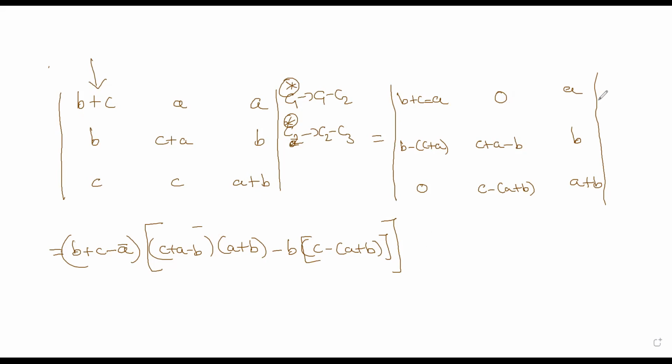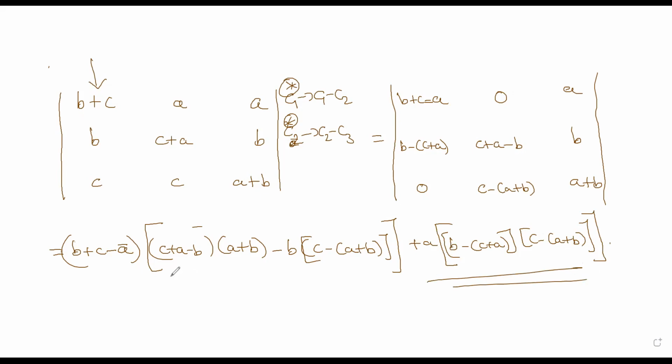Now the 0 part you can leave, and now the plus A into this one. This part, plus anyway A, 0. So B minus of C plus A, B minus C plus C plus A, into C minus of A plus B, A plus B. So this is the other way of solving this. Now, carefully, if you multiply, this is homework part for you. Try it. Carefully, if you multiply, you will get it.